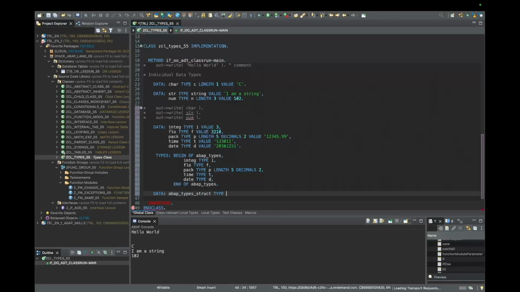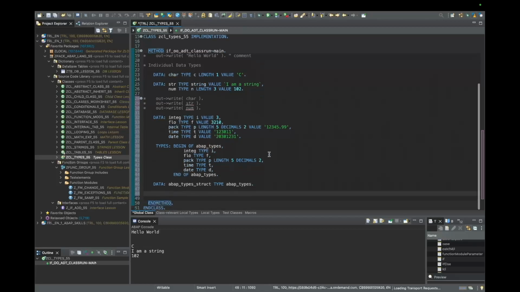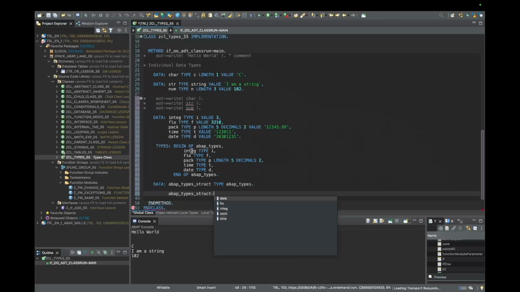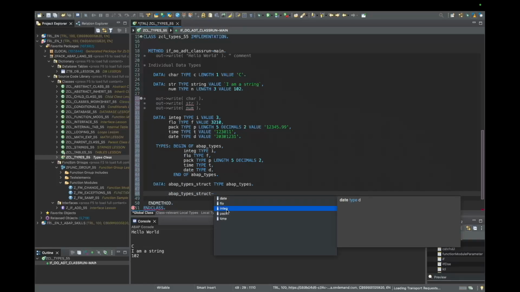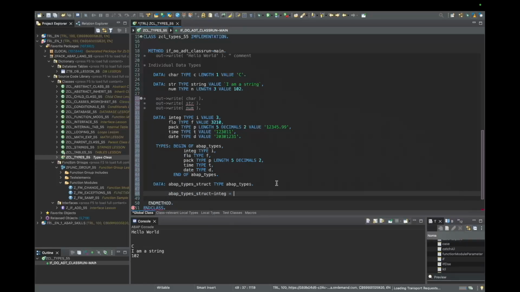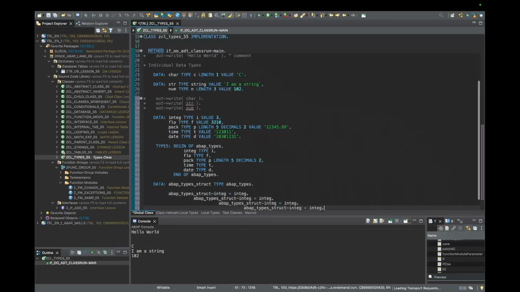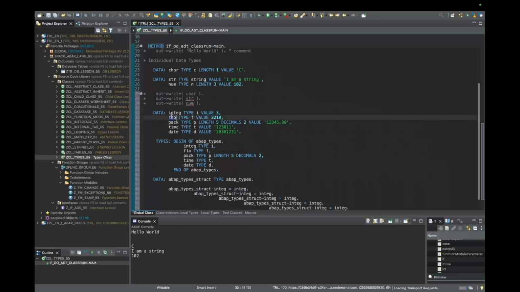So let's write data, and we'll name this abap_types_struct. And for the type of this, it's the type we just wrote, abap_types. Well, we could put that right there. Now with this type, we can go ahead and write it out again. So abap_types_struct, and then we could point to each one of its elements. You can see we have integ, flow, pack, time, date. Let's do integ. So integ is going to equal the integ up here, so integ. And I'm just going to do this for everything. So I'll copy this and we'll do this over and over. We need 1, 2, 3, 4 more. Next one is flow,